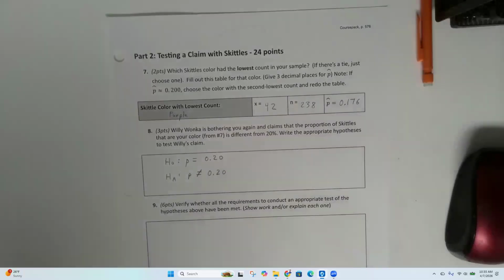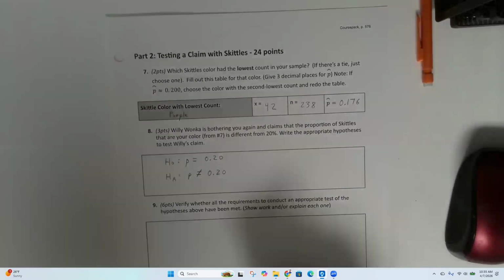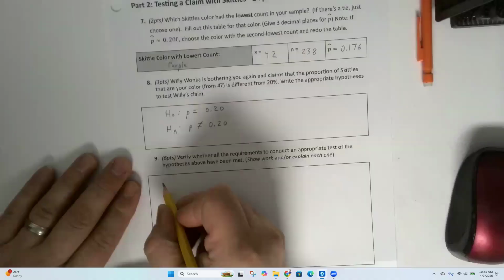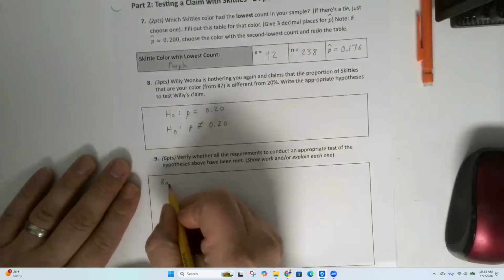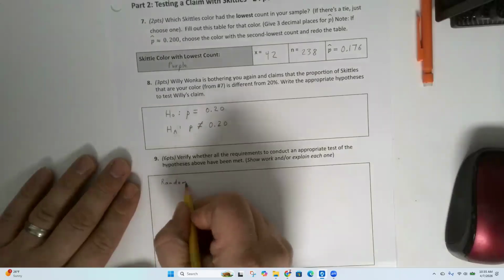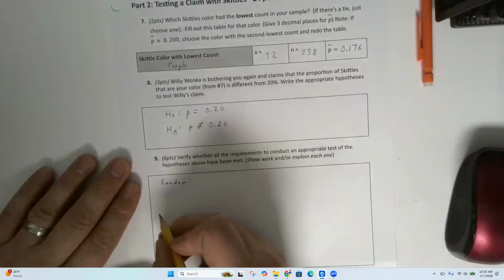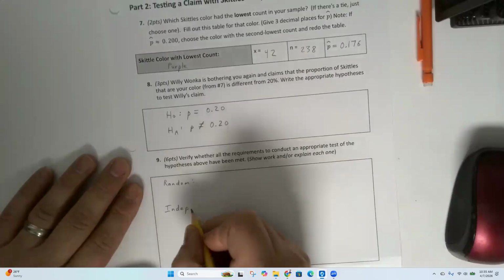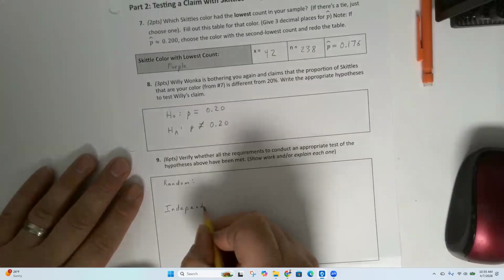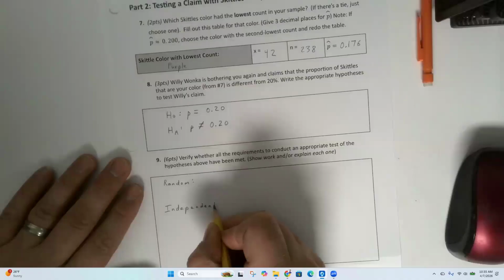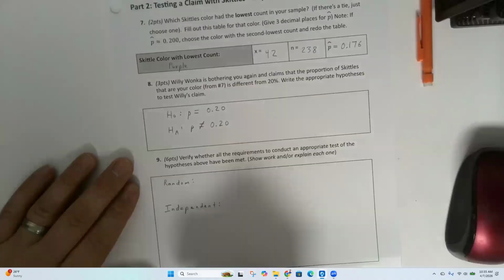Okay, there's our hypotheses. Next, verify that all the requirements to conduct an appropriate test of the hypotheses are met. We have to make sure that we are meeting the conditions of the central limit theorem. Right? The central limit theorem is what allows us to do this hypothesis testing. So it's running in the background, but it's what allows us to use the normal curve